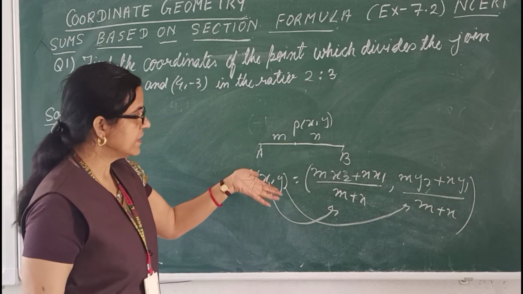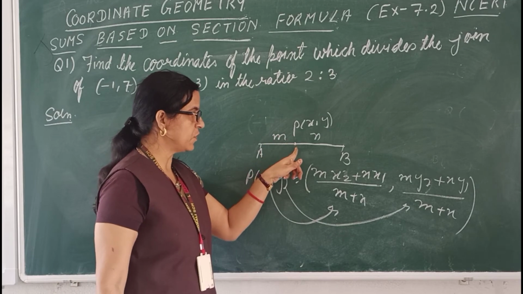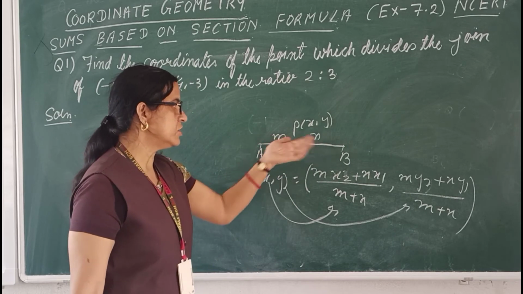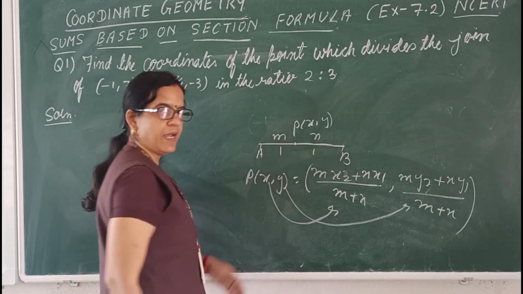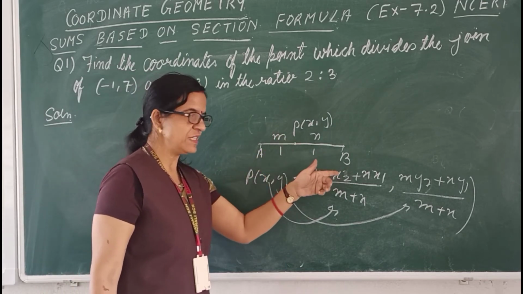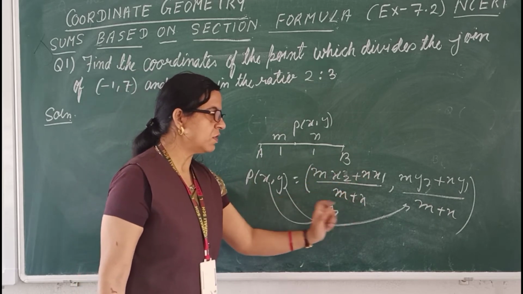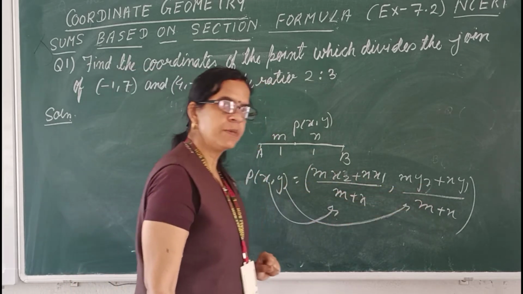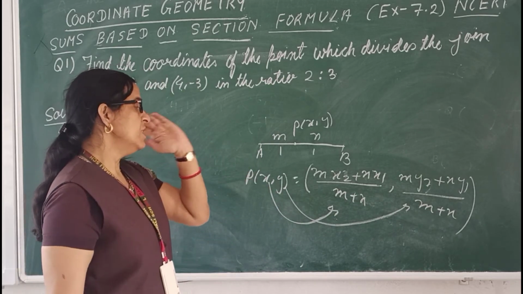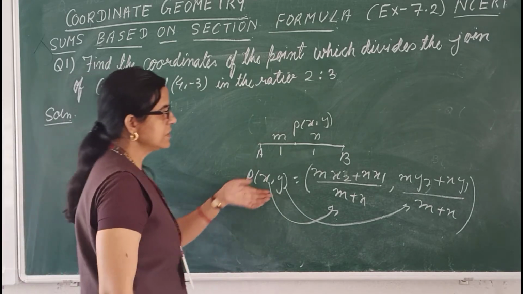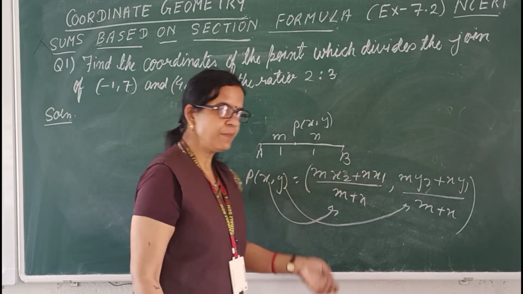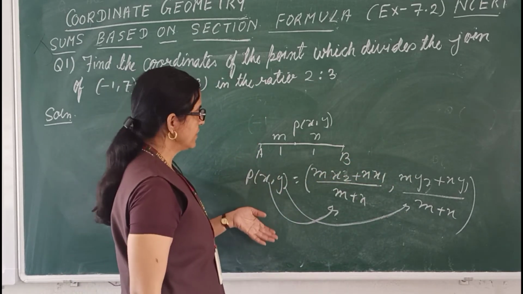Now, I have discussed the several cases, like if suppose this point P is the midpoint of the line segment AB and hence we derive the midpoint formula, then the ratio m is to n will become 1 to 1. Hence the midpoint formula says that the coordinates of the midpoint of a line segment AB will be given as sum of the x coordinates by 2 and sum of the y coordinates by 2. After that we derive the formula for the centroid of a triangle. The formula which we derived was x1 plus x2 plus x3 by 3 and y1 plus y2 plus y3 by 3. For this, you have to refer to the first two videos.